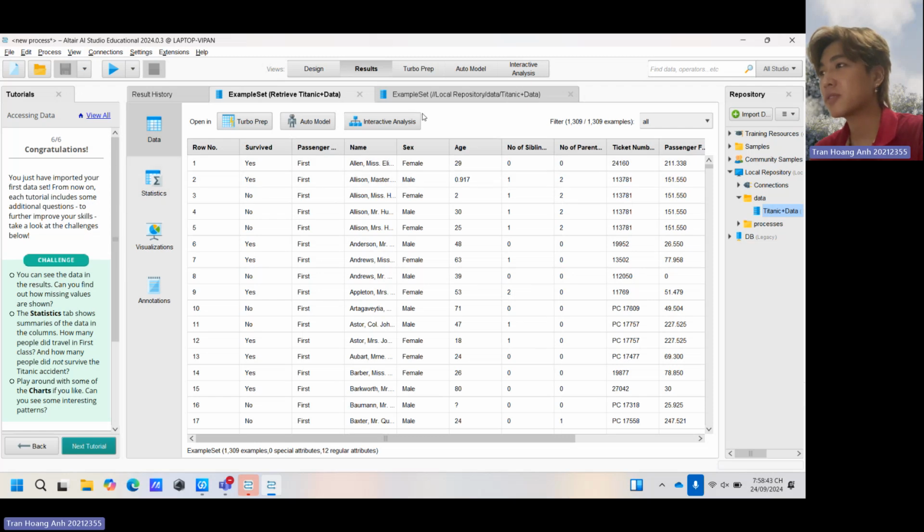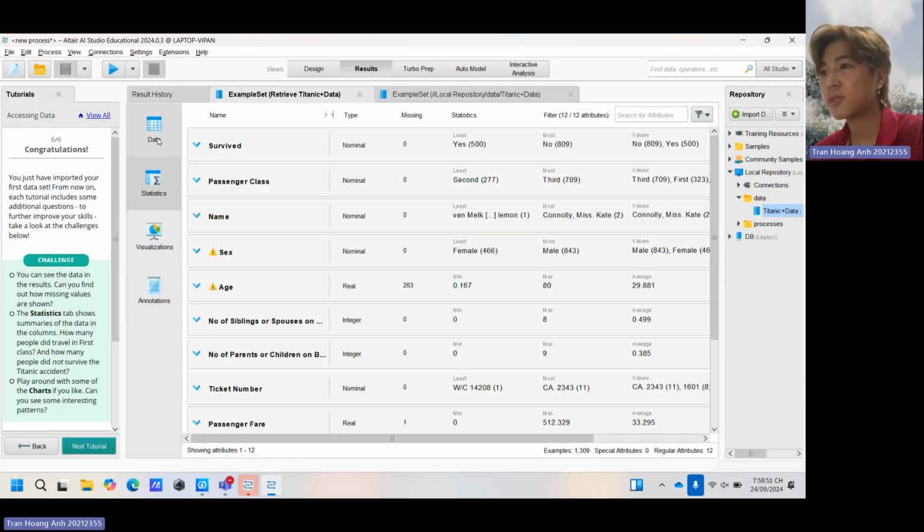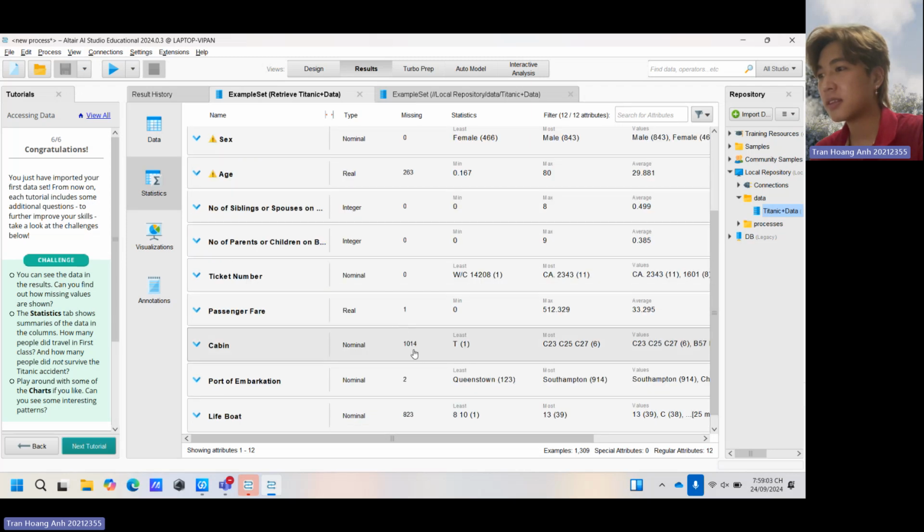If I want to see the missing values, I will click visualization, then statistics, and here I will see the missing column, with 263 values, and the cabin will be